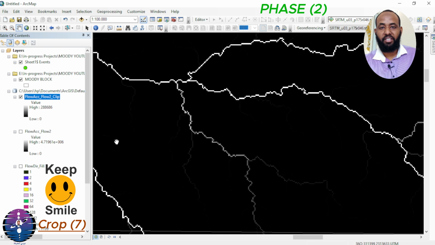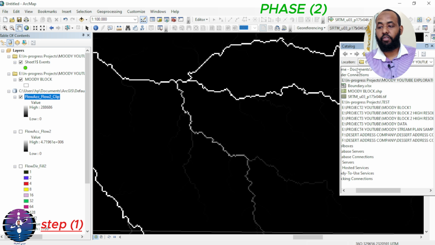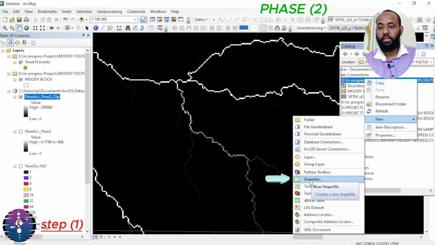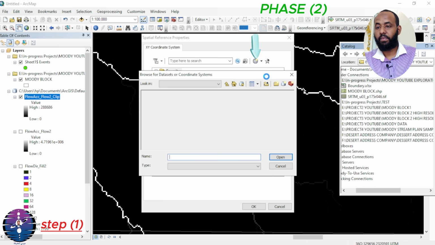Very good. Phase 2. Identifying stream sample points to be collected in the secondary, tertiary, and minor streams, and creating a shapefile to convert it to Excel for field work. Step 1, open ArcCatalog. Select your working folder, Moody Exploration Stream Stage, right click, new, Shapefile, for example, Moody Stream Points, Features, Points, from Edit, Import, choose SRTM, add, OK,